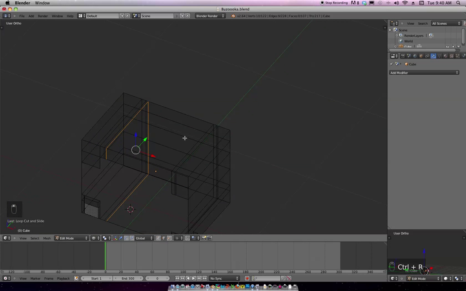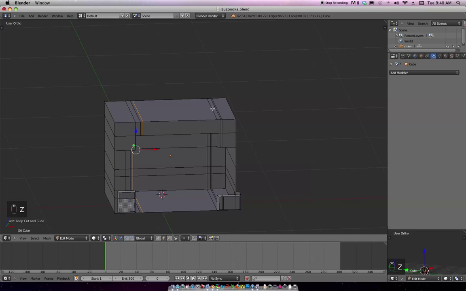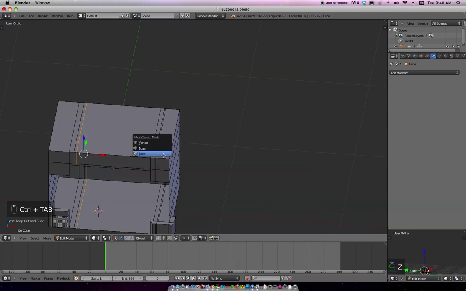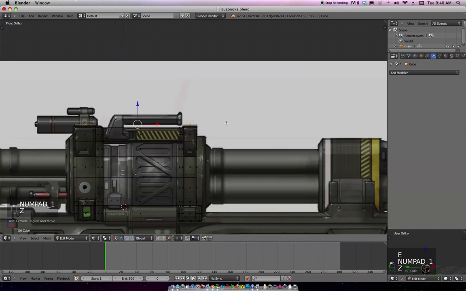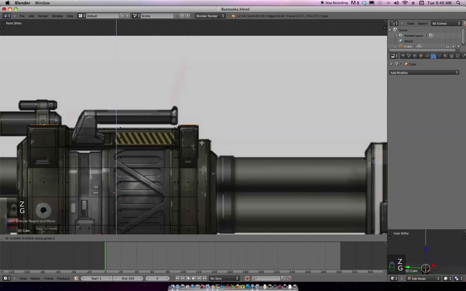Alright, so this goes across the top, and the reason we did that is we need to grab this and extrude it on the Z. One view. Let's grab it on Z. Okay, so now,